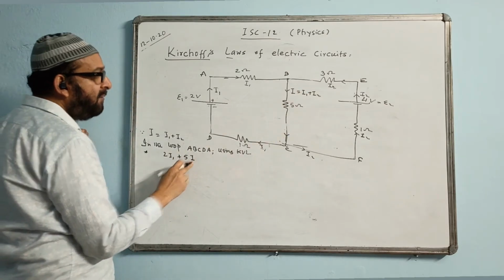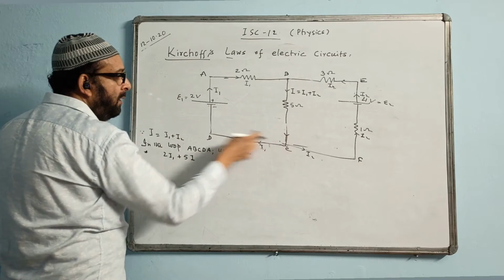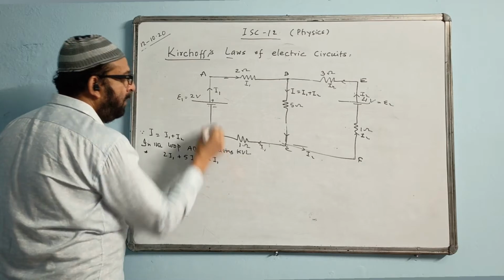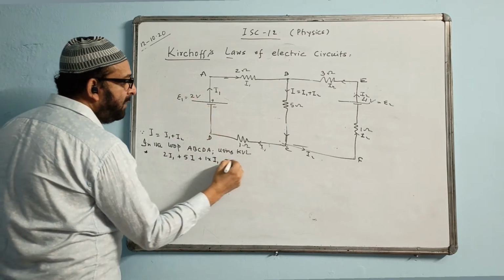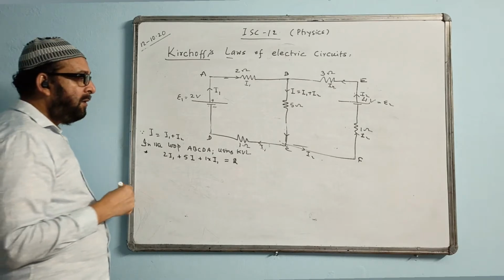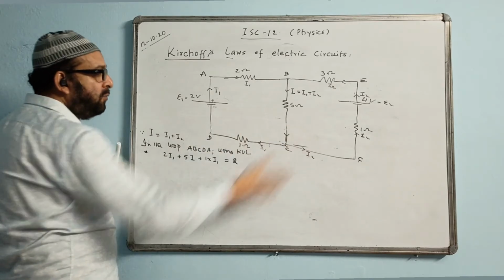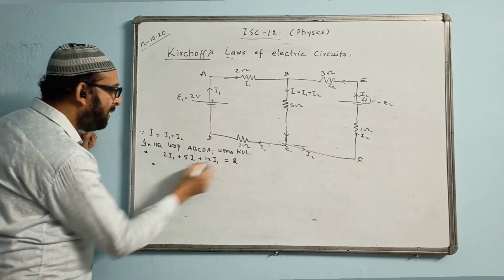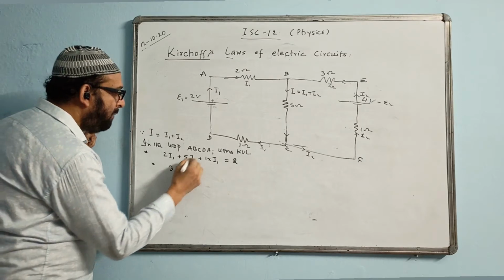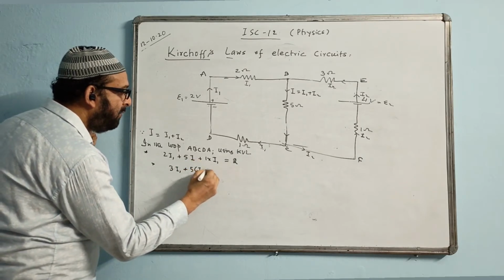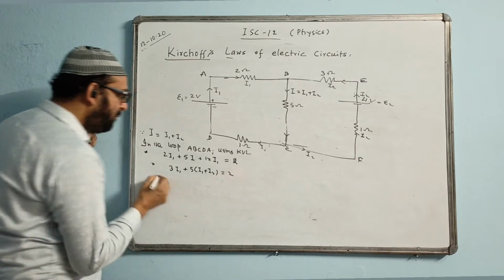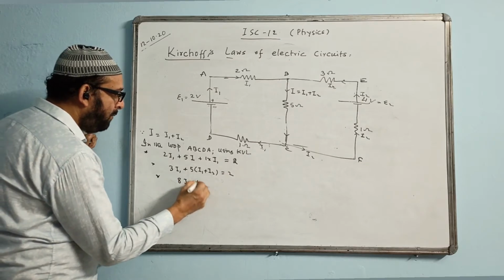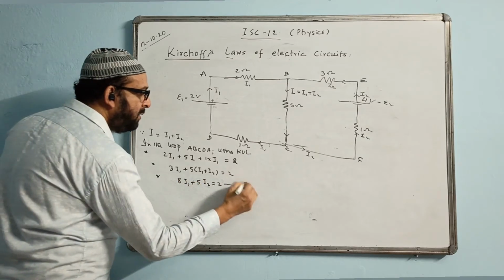It's the same thing. I first write 5I, 5 times 5, same direction, and here I write 1 into I1 plus 1 into I1, minus 2 equal to 0. I write directly equal to 2, instead of writing minus 2 equal to 0, so minus 2 I send to the other side directly. Now we will simplify. 2I1 plus I1 will become 3I1 plus 5, I value will put here, I1 plus I2 is equal to 2. Simplify: 5I1 plus 3I1 will become 8I1 plus 5I2 equal to 2. Mark this as equation number 1.